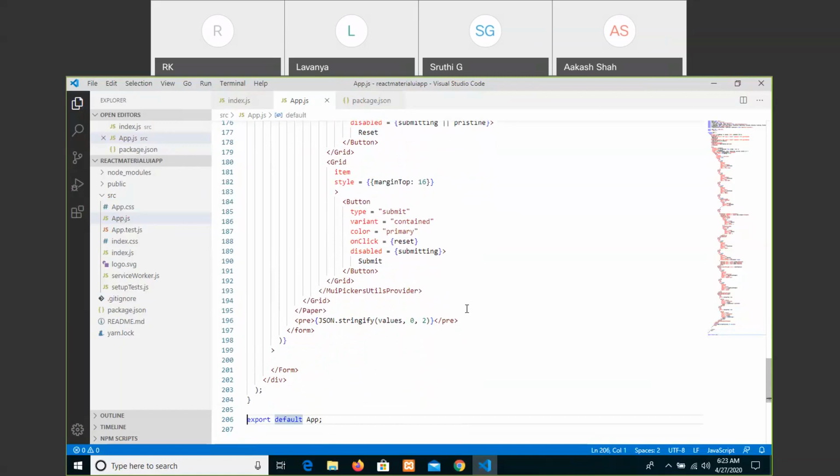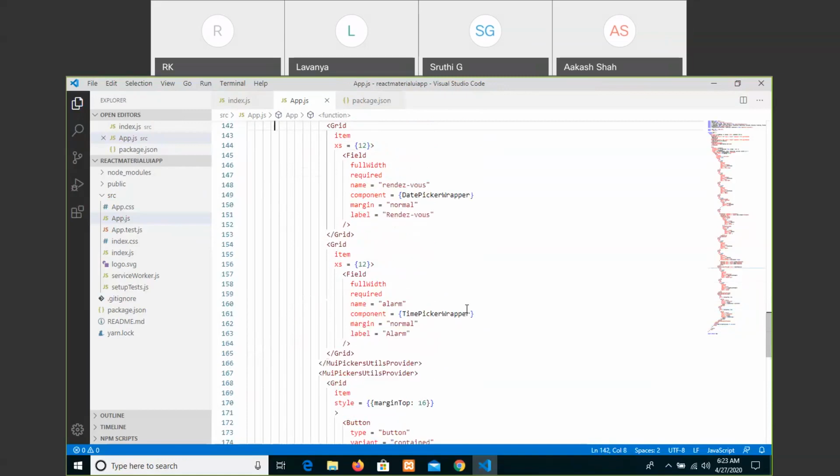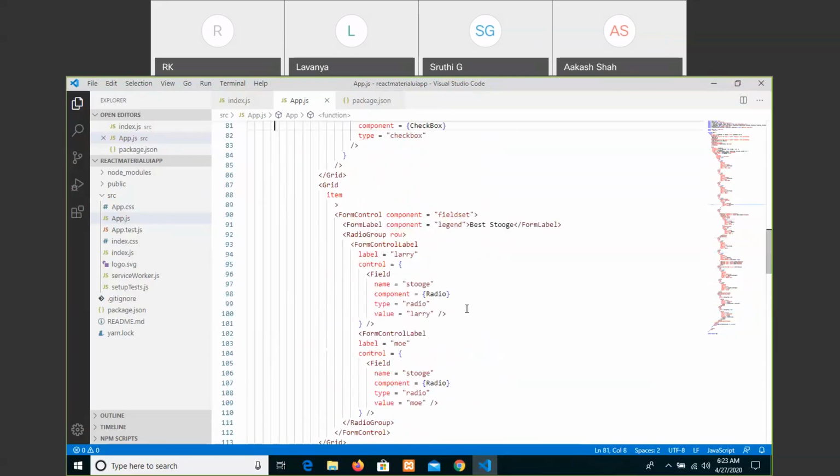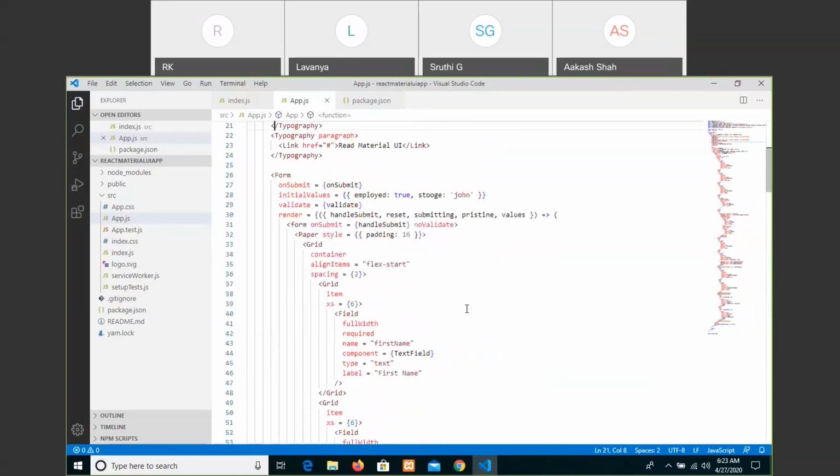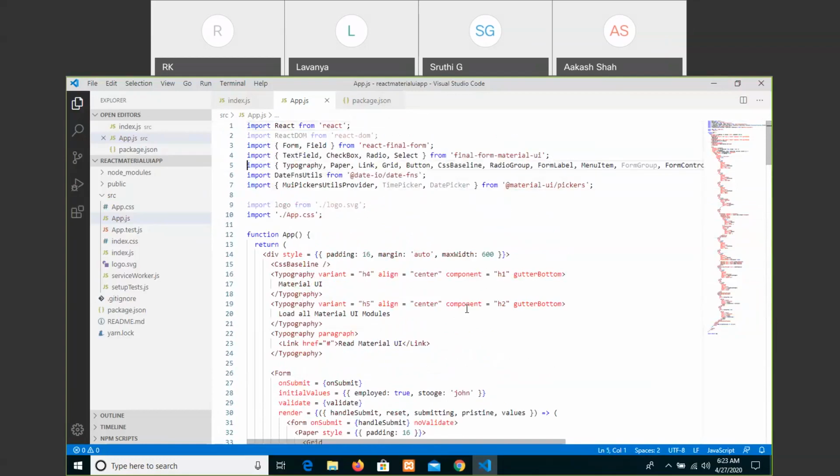Okay, we have to write some functionalities to work with the date and time concepts. So that is not only those, when you click on submit button, it has to validate. When you click on reset button, it has to reset. So how these functions will work? Let us write.